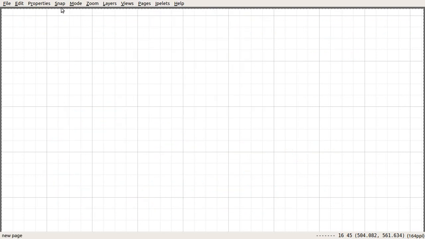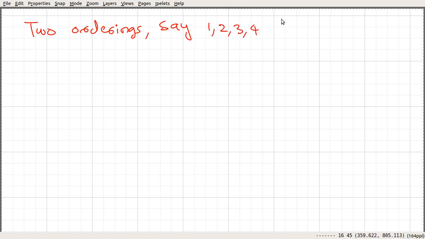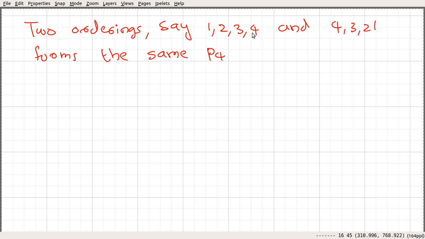So 2 orderings, for example, as I said, 1 2 3 4 and 4 3 2 1, form the same P4. So the orderings 1 2 3 4 and 4 3 2 1 form the same P4 graph. That says there will be an overcounting by a factor of 2.